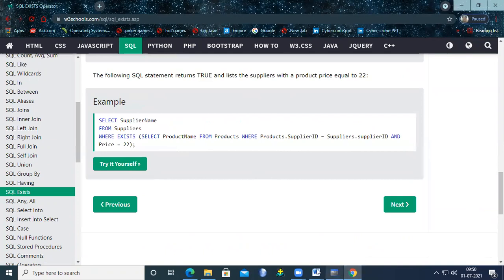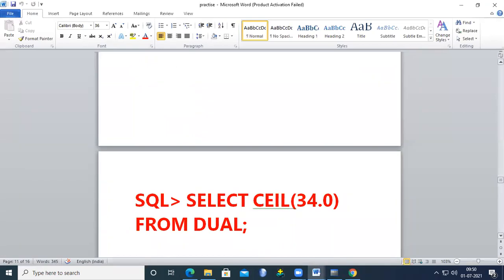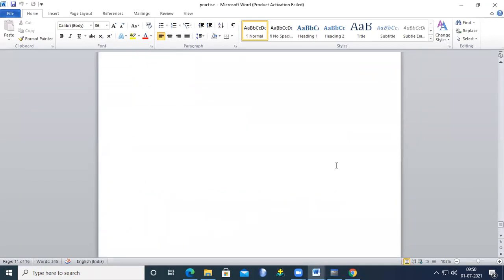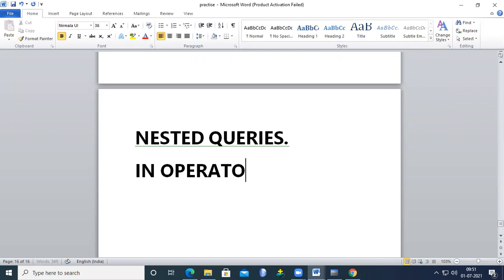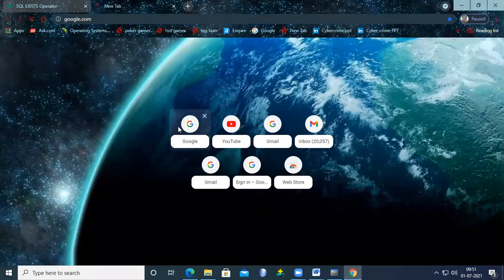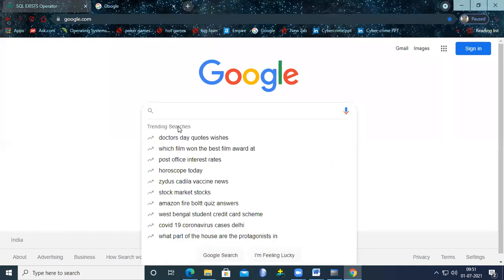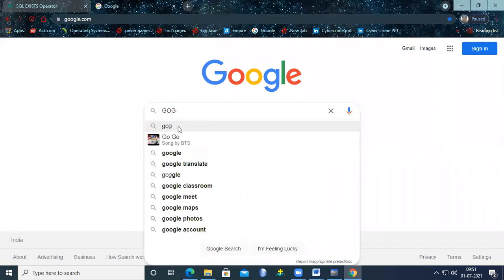We will try to discuss nested queries so that we have a clear idea, by using the IN operator. Today, I think we are crossing the time. In the last classes I gave one task, and I don't know how many members completed it, so I will remind you of that now.